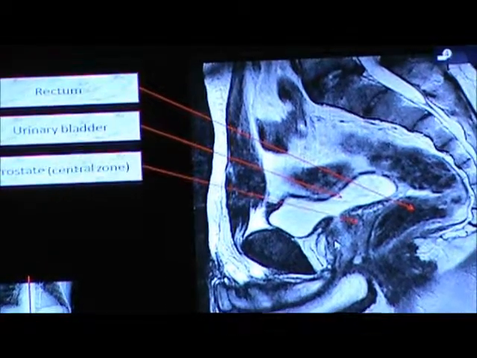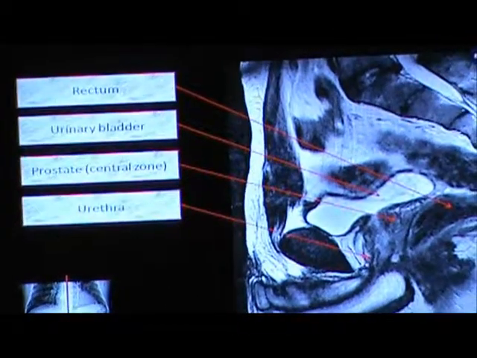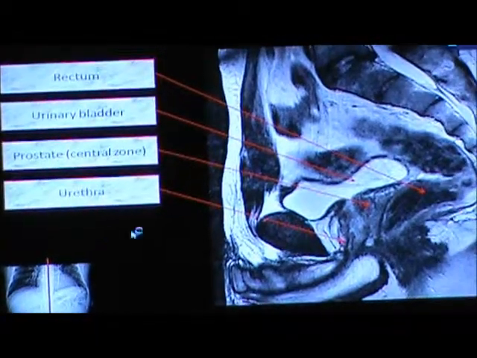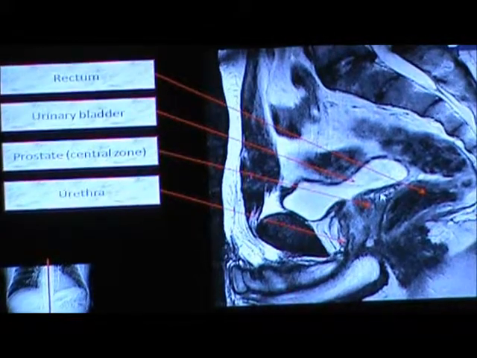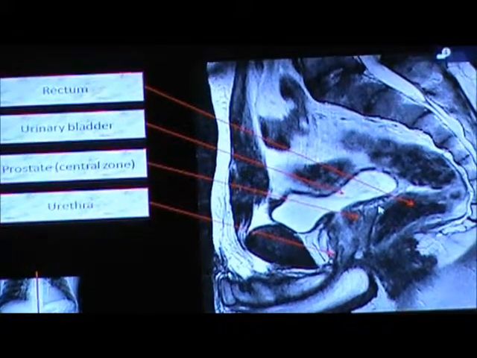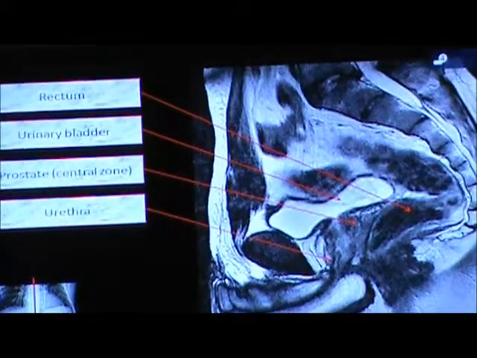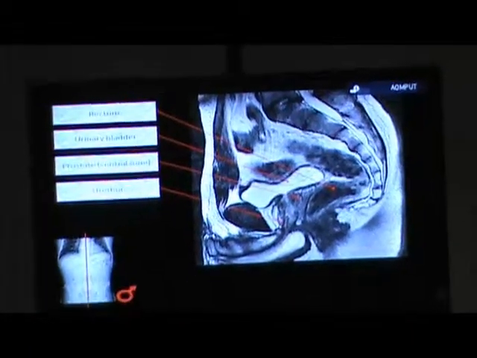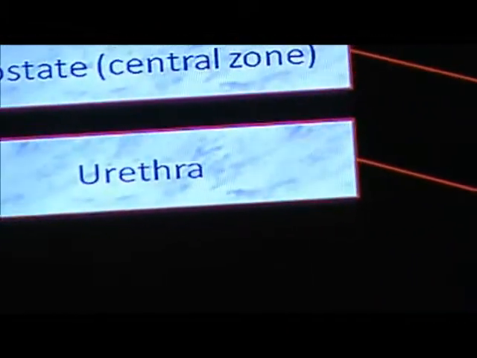Knowing that we are in the mid-sagittal plane, we can't see seminal vesicles. If we go a little to both sides, there will be seminal vesicles also visible. And we have urethra starting from here. So this is the internal urethral orifice of male urethra, and